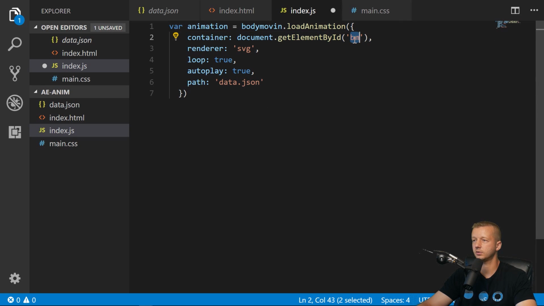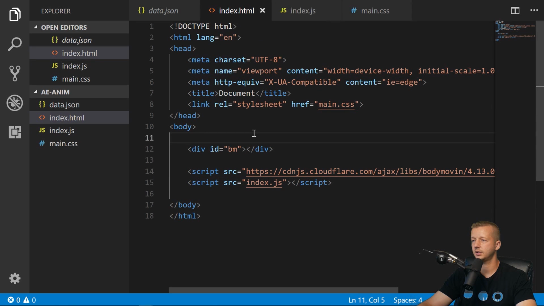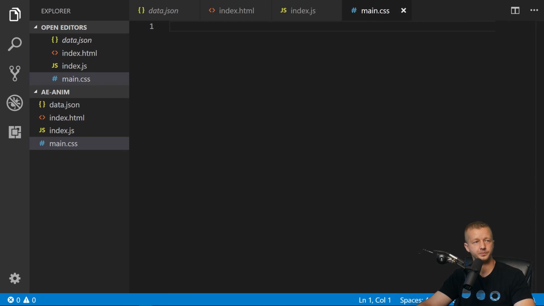and just paste it. So make sure get element by ID, you do actually have one called BM there, and then you have options here. There's a lot more other options. Just look at the GitHub page. We're going to save that. Path is data.json. All looks good. All right, and then we'll come back here to the main CSS,